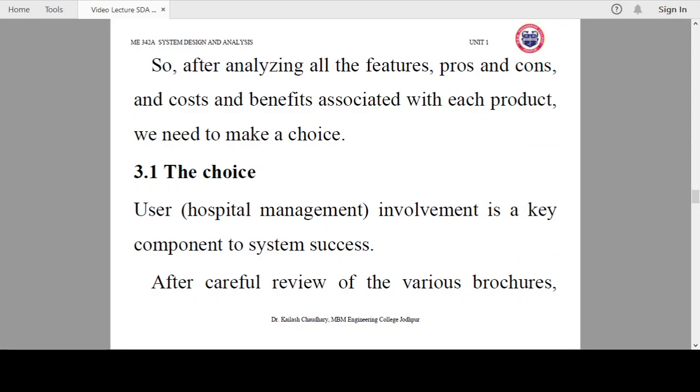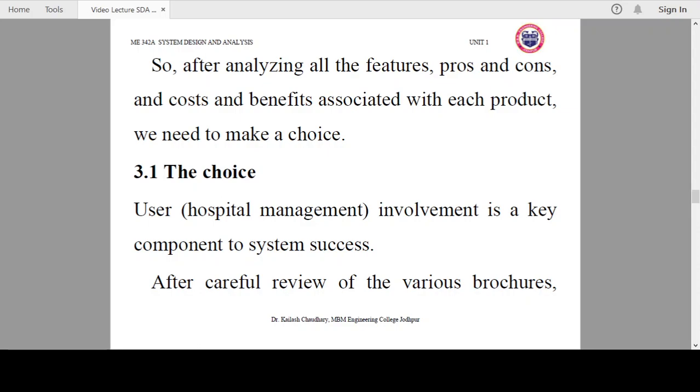So after analyzing all the features, pros and cons, and cost and benefits associated with each product, we need to make a choice. So we have different choices with vendors A, B, C. Now we need to make a choice of what option we should go with. So how do we choose that particular option out of all available options?